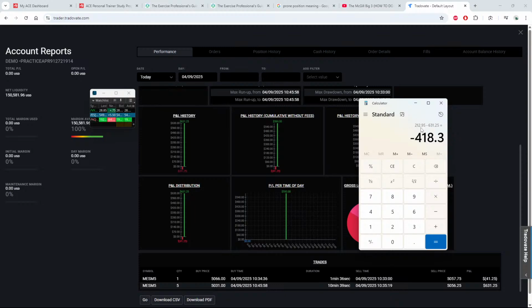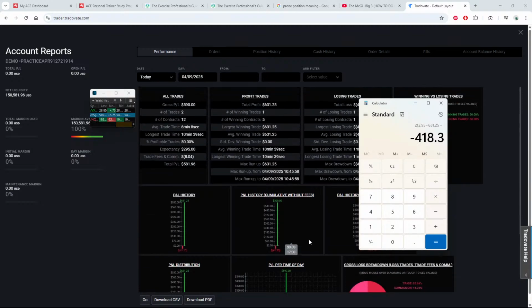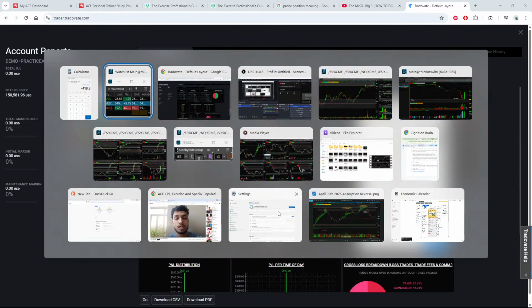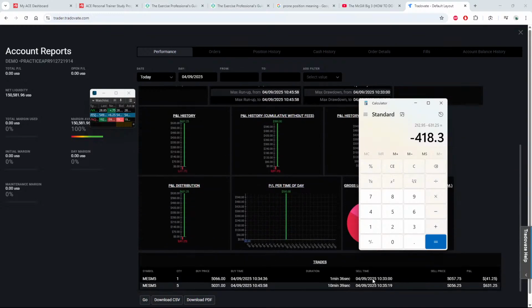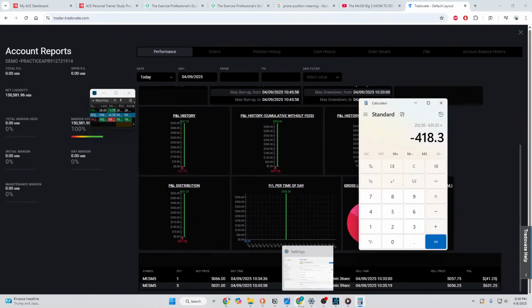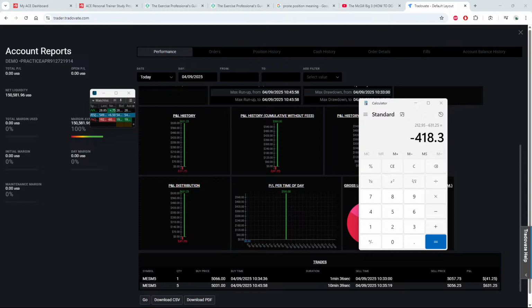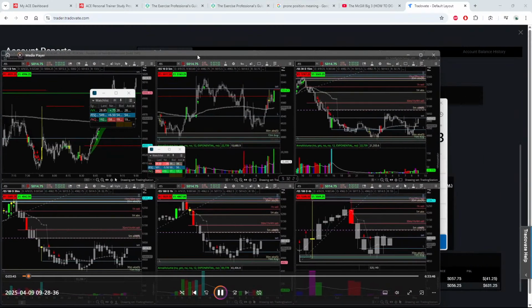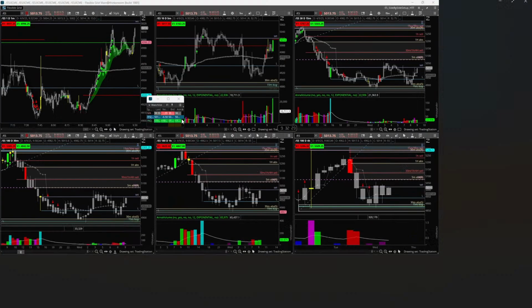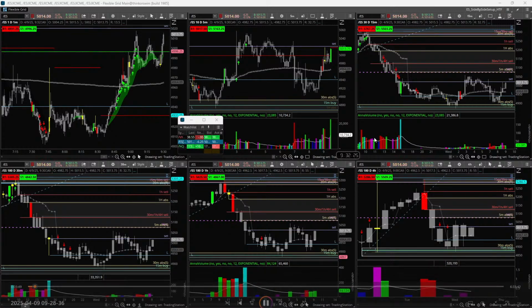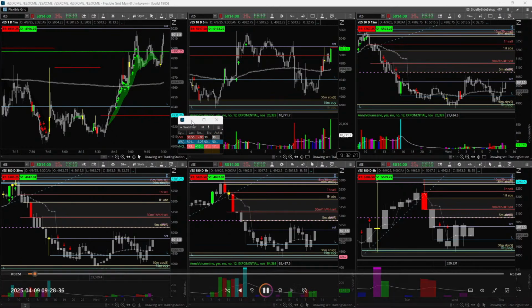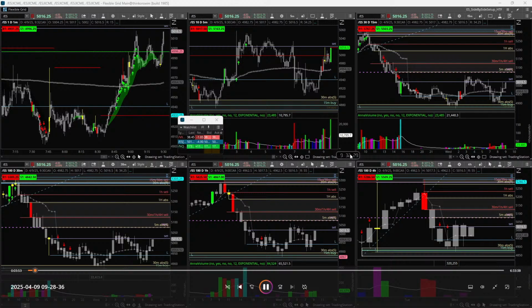So this probably would have been a little bit more. This also would have been a lot more. So let's just get into it. The trade came in at 10:33. So the market opened up. Do I have anything on here that I can move? No. All right. So the market opened up